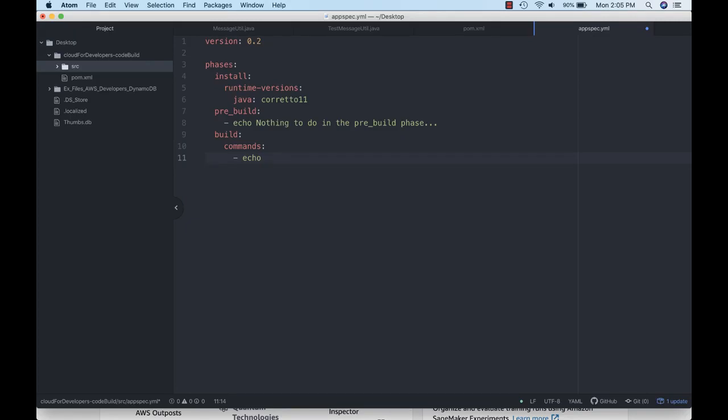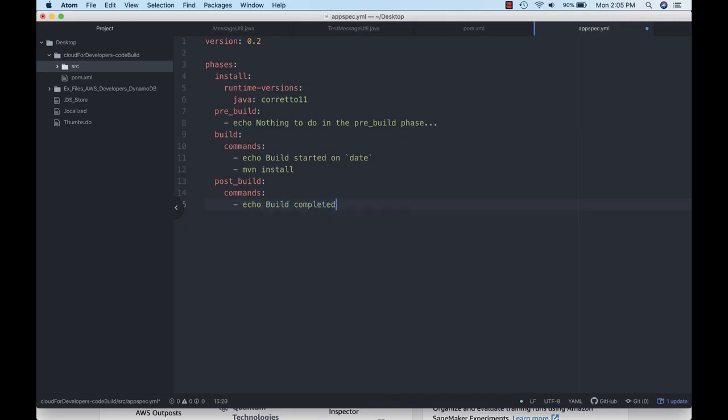So build started on the specific date. And then I'm going to use the Maven install command. And then the post build. We're going to have some commands. And again, I'm going to echo